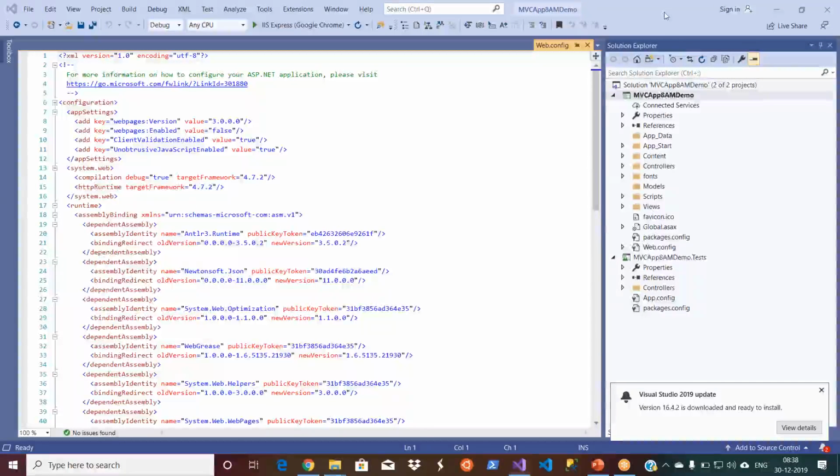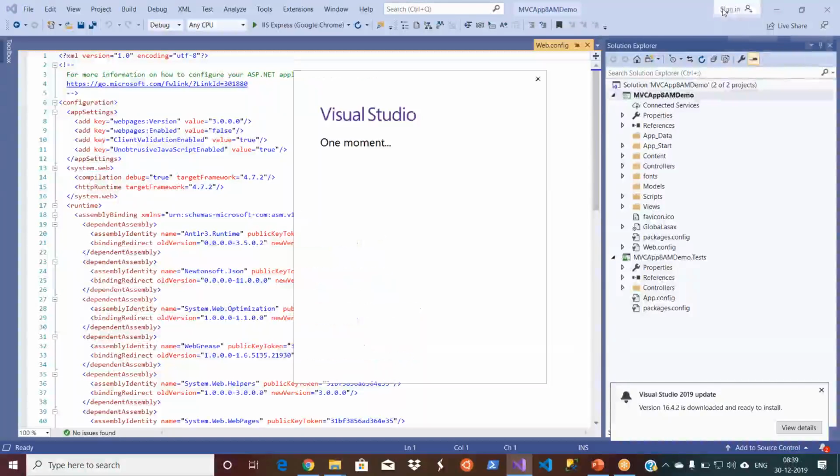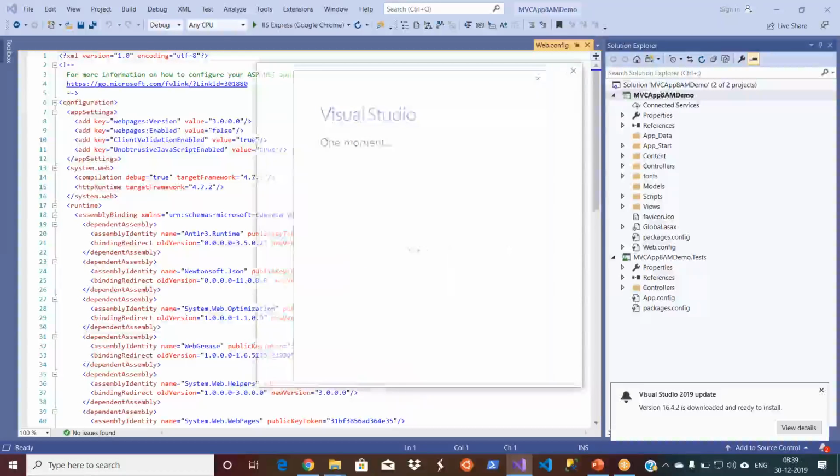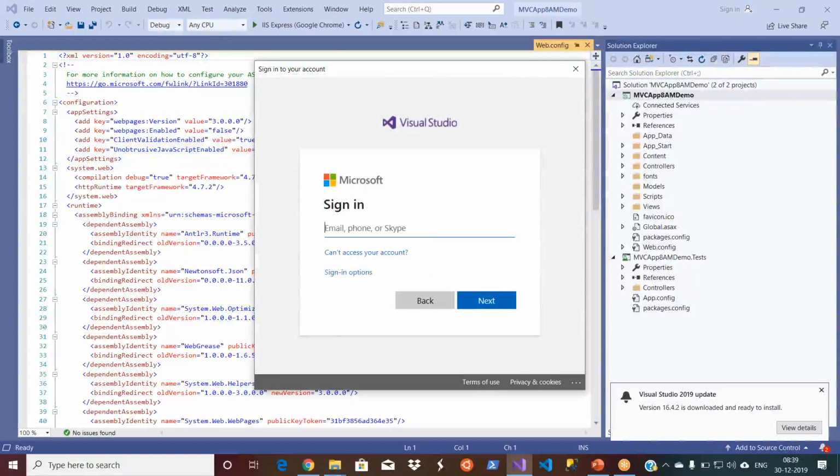Okay, so on the top right hand side, you can sign into your Visual Studio as well. If you are using your Visual Studio from your office laptop, since you already connected to your AD, by default it gets connected to that one, or it will prompt you. Since I am using it now on my laptop, I connect to this Visual Studio with my Azure DevOps account, so that your authentication completes there itself. Let's click on sign in. So I use my Azure DevOps account to sign in.